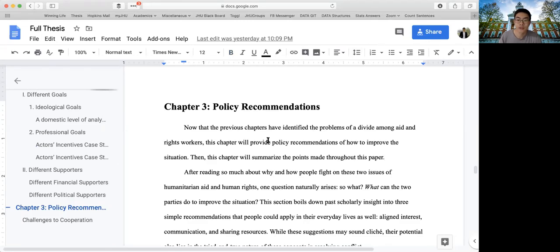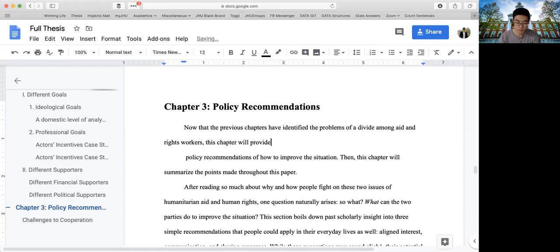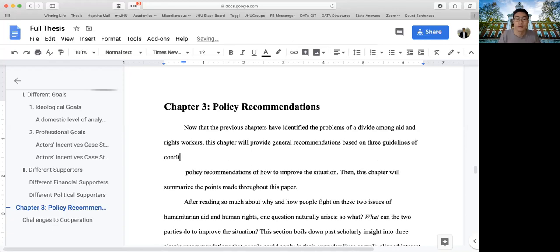This chapter will provide general recommendations based on guidelines for conflict resolution, with insights from previous chapters. This paper will provide